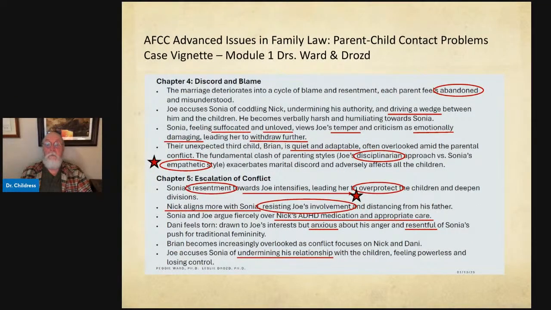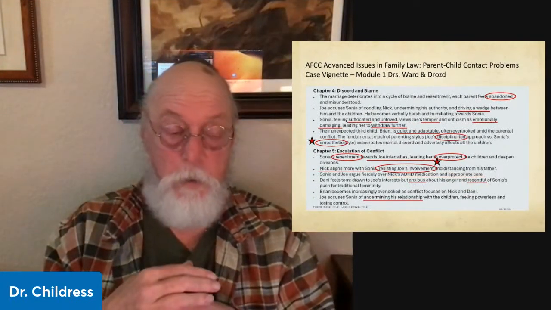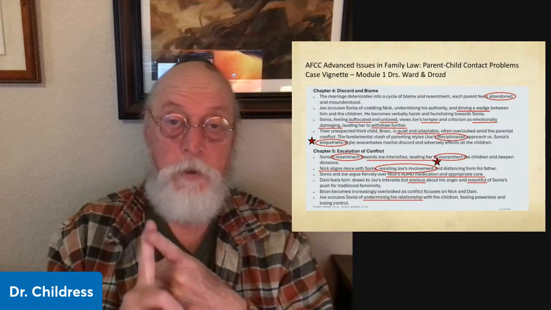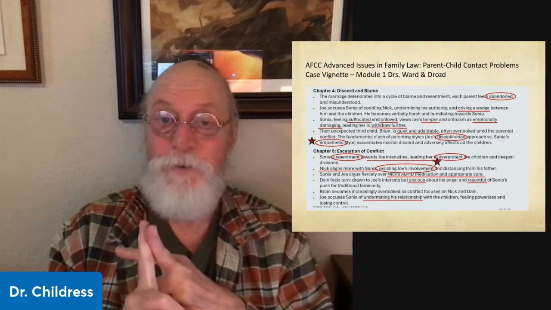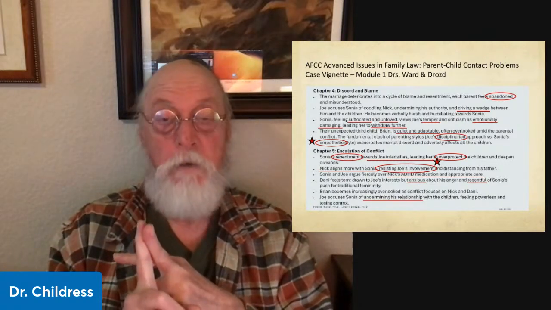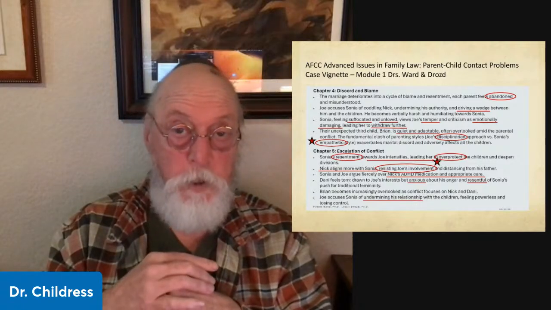And then Brian becomes increasingly overlooked. Joe accuses Sonia of undermining his relationship with the children. So there's the father's allegation that the mother is creating a persecutory delusion and factitious attachment pathology. Now, the father didn't say those words because the father's not a psychologist. But if the father says the mother is undermining my relationship with the children,